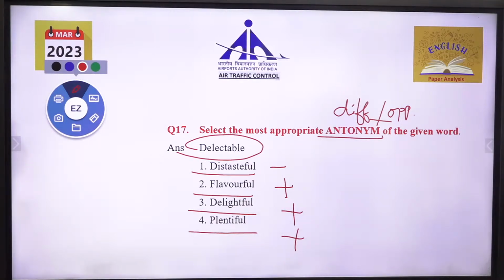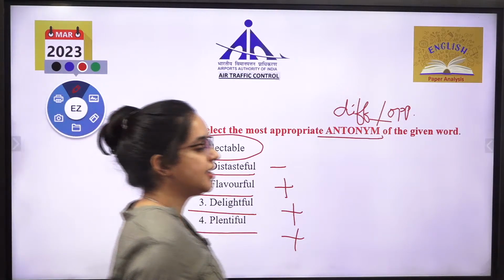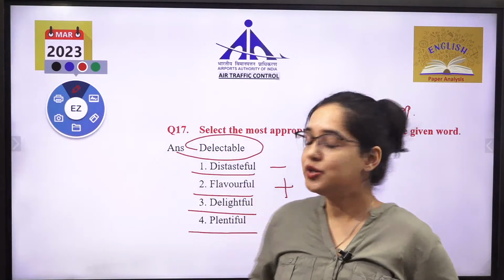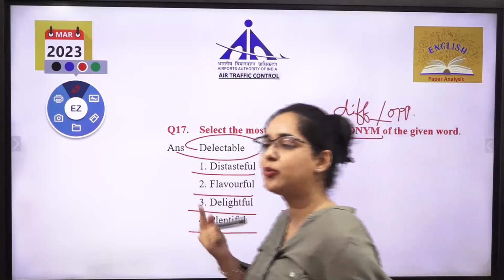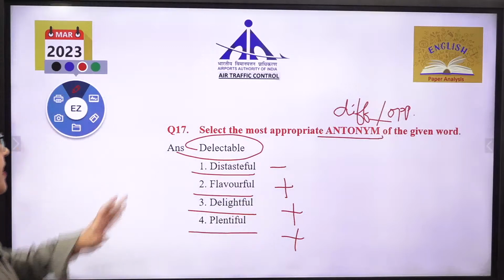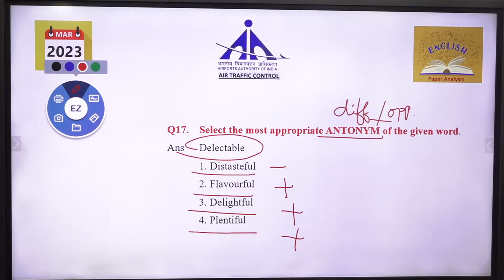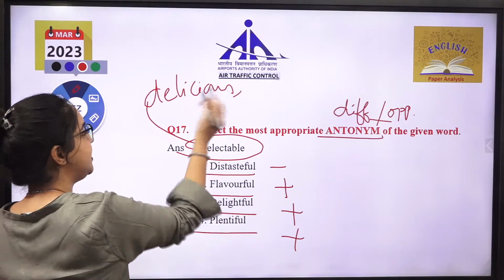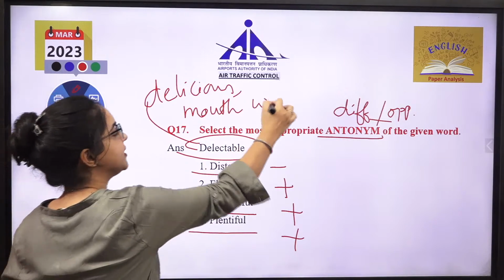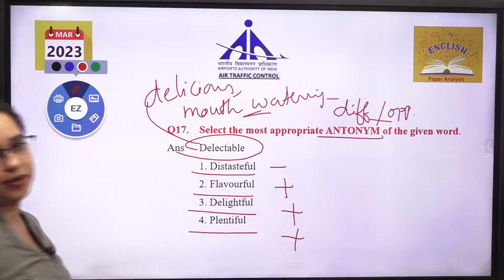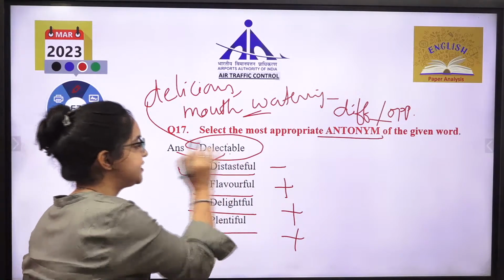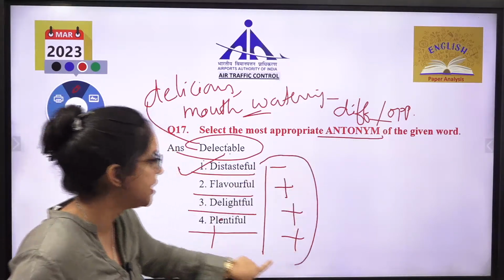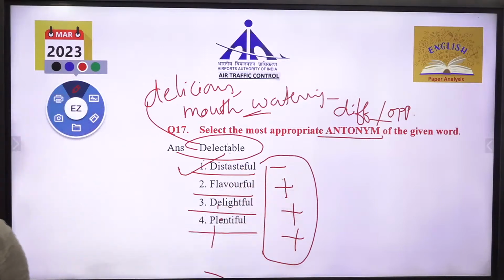Now, this is a way you need to decode and eliminate the answer. You cannot be perfect in answering all the vocabulary words. That's quite obvious because you are not doing any masters in English. You just have to check elimination methods. You have to do smart work by practicing the questions. So this is, वैसे delectable का मतलब क्या आएगा? Delectable is something that is very delicious, something that is very, you can call it, mouth watering. बहुत tasty लगता है आपको कोई चीज, that is delectable. और opposite find करना है, so that is your distasteful. Now I told you, if you are not aware about the answers, you just have to do this thing in your options: negative, positive, positive, positive. You will be able to eliminate the answer.